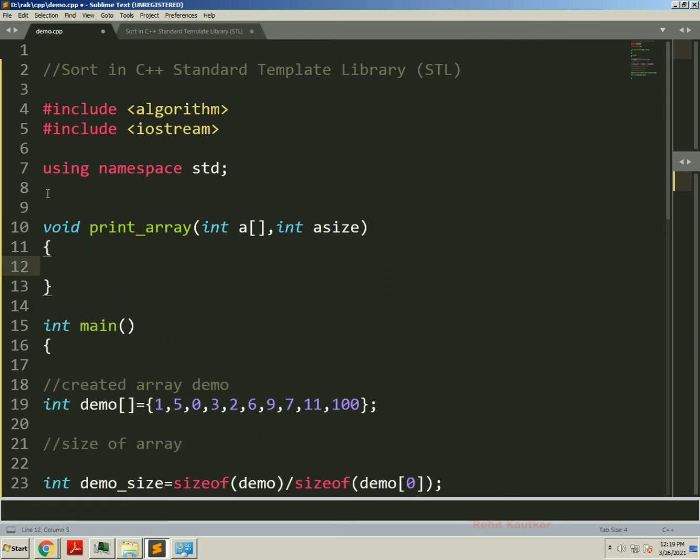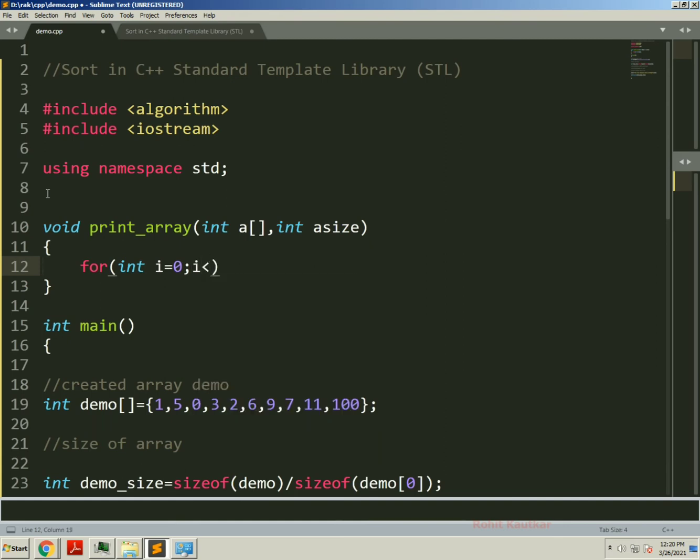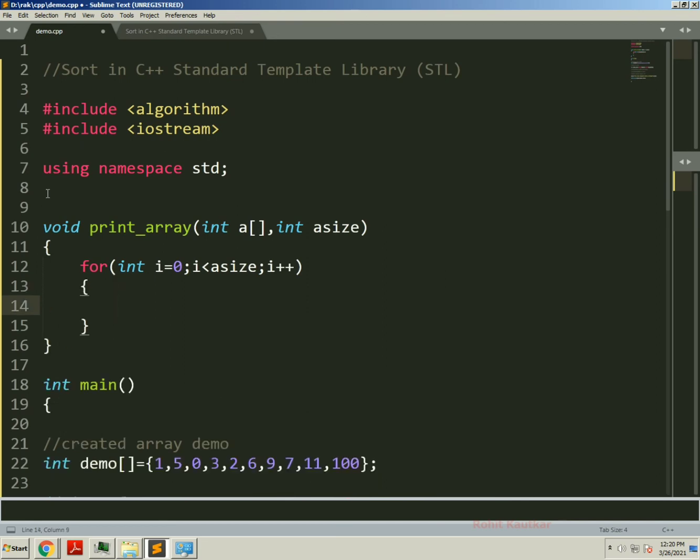Then within this function we will create one for loop. Initialize i with 0, and it will run while i is less than aSize, then i++, and inside this for loop I will print the array elements.